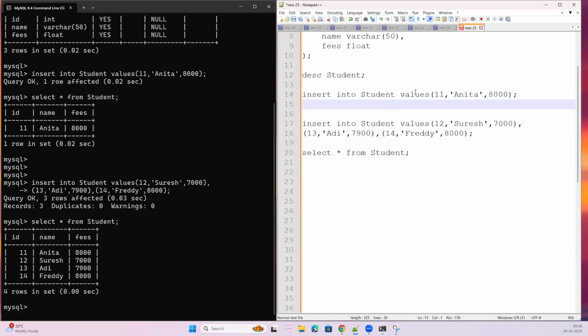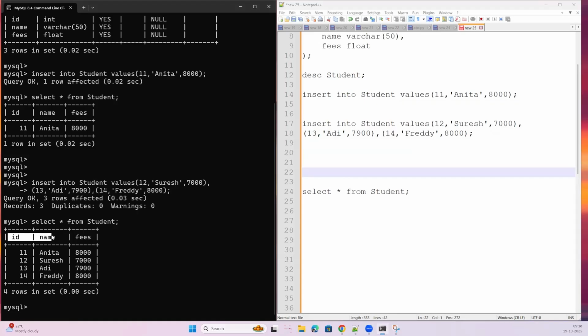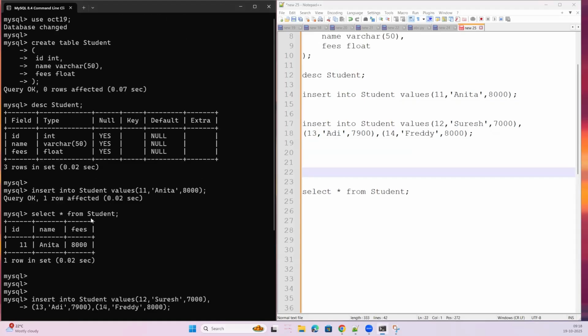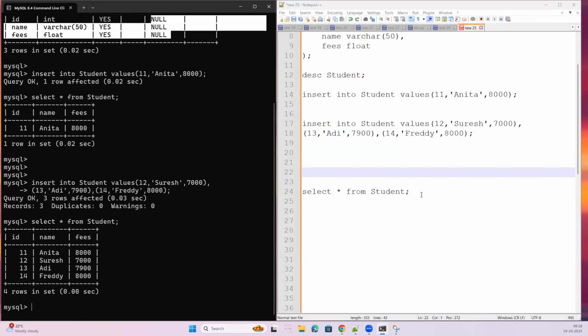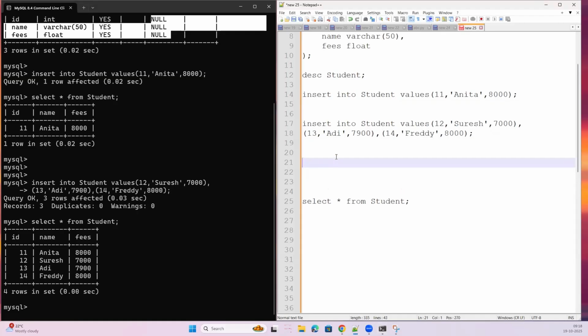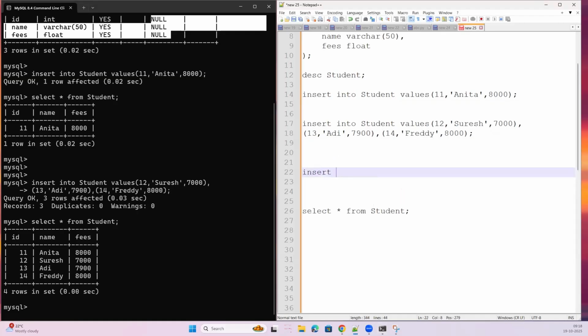So what you did here, first you entered only one record. Second, you entered three records into one particular statement. What if I do not want to give any value to fees, but I want ID and name? That is selective insertion of data. Here the default value has been kept as null because we didn't define any primary key or anything. So what I'll do for that: insert into table student, put all the columns you want to enter,